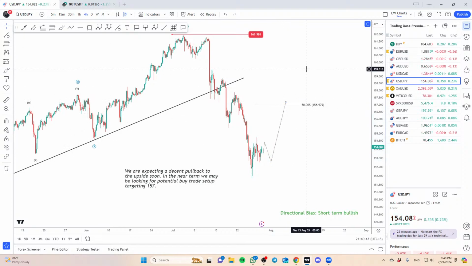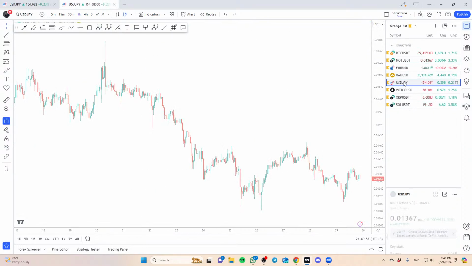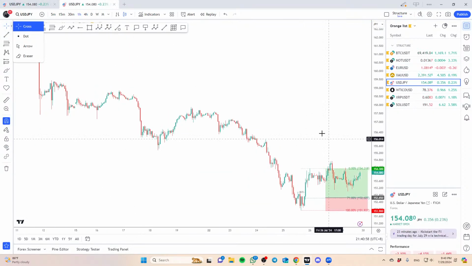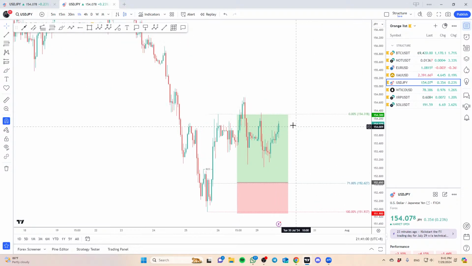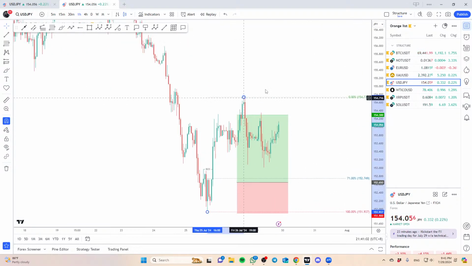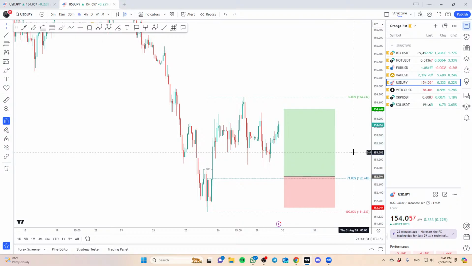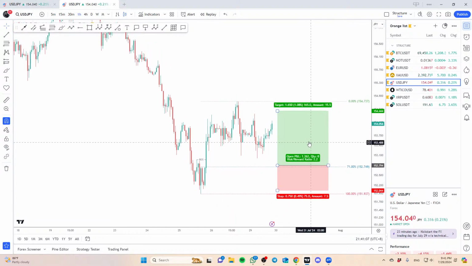Understanding that the market is likely going to pull back also opens up the opportunity that we can trade it up. If I go down into a little bit more detail for this week, we may get an opportunity to buy in. I would say a setup here to look for a buy trade, right?